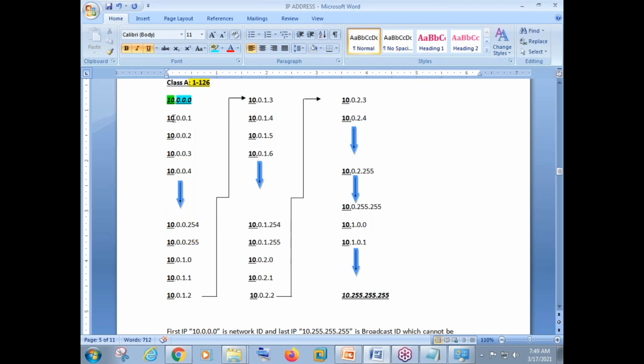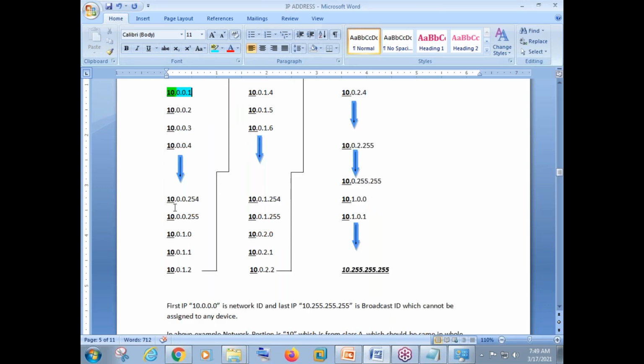So if you have 30 computers, in all 30 computers this number 10 should be the same, and the remaining 3 octets should be different. So see, it is 10.0.0.0, 10.0.0.1, 10.0.0.2, up to 10.0.0.254 and 10.0.0.255. Now 255 is the limit in every octet, as we know very well. So can I get 256 here? Of course not. So what we can do is change our third octet. In the third octet I have said 1. So once 255 is over, I have to change the third octet.